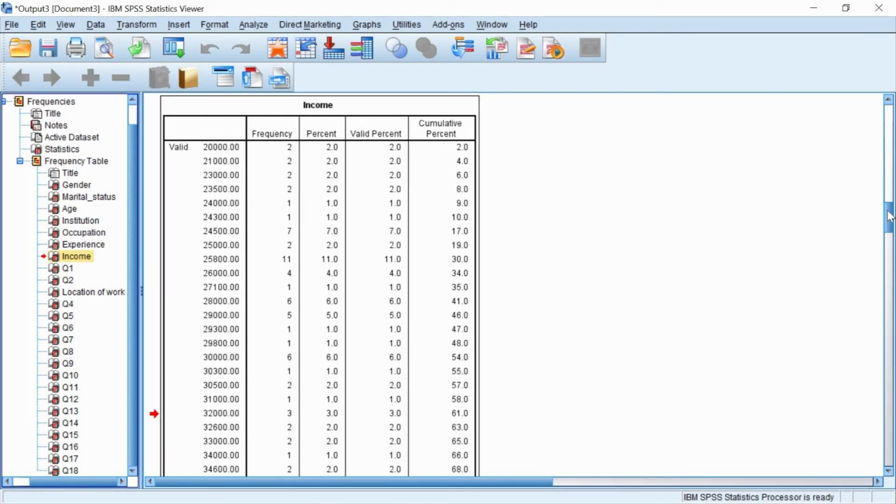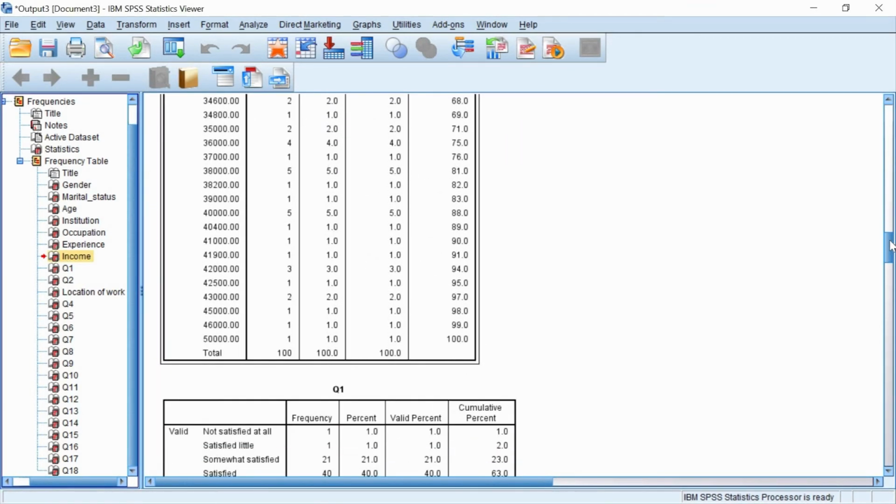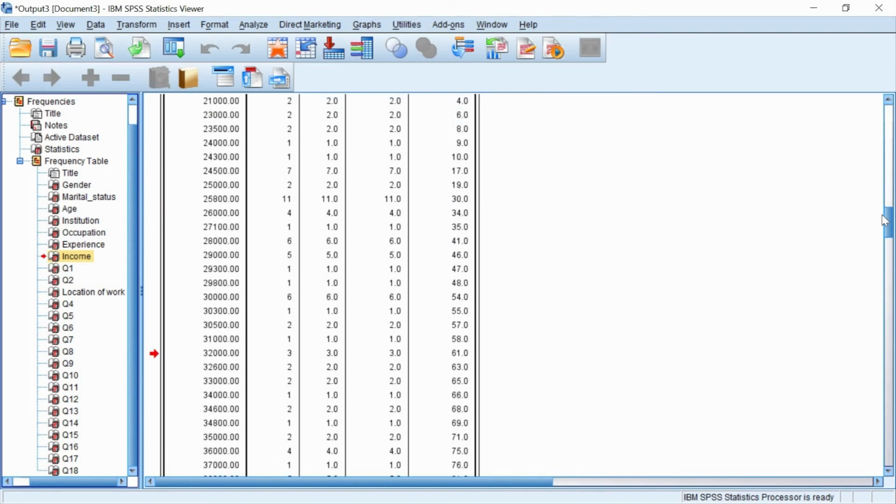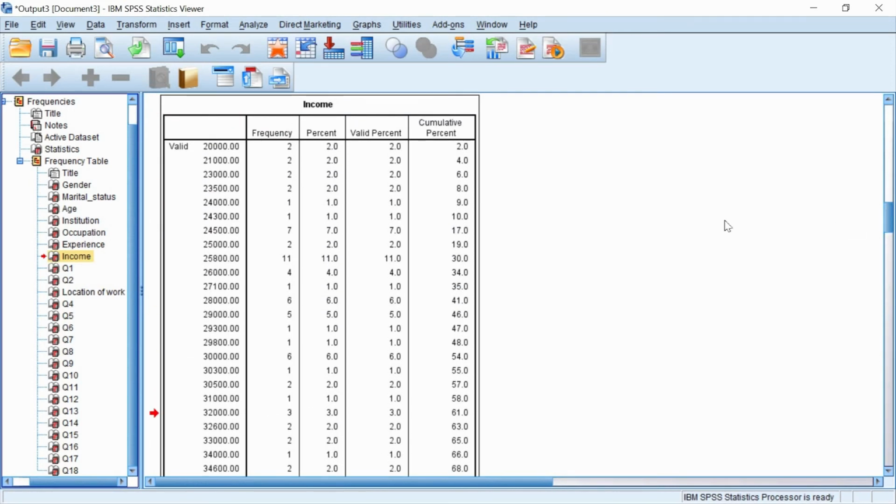The income values are from 20,000 to 50,000. Now I want to change this variable into a categorical variable and save it in a new variable. I classify income into 3 categories: 20,000 to 30,000, 30,000 to 40,000, 40,000 to 50,000.